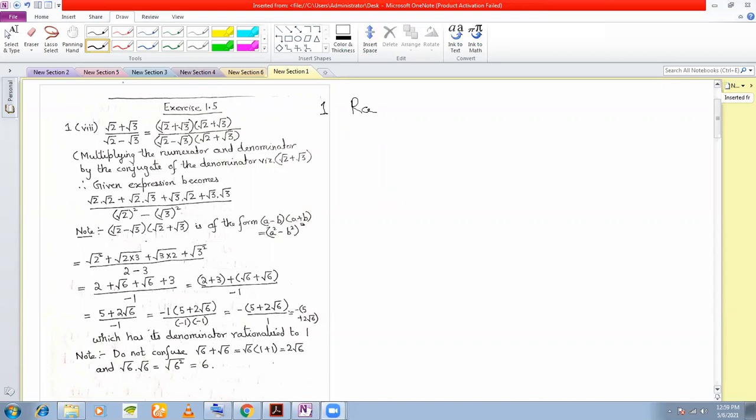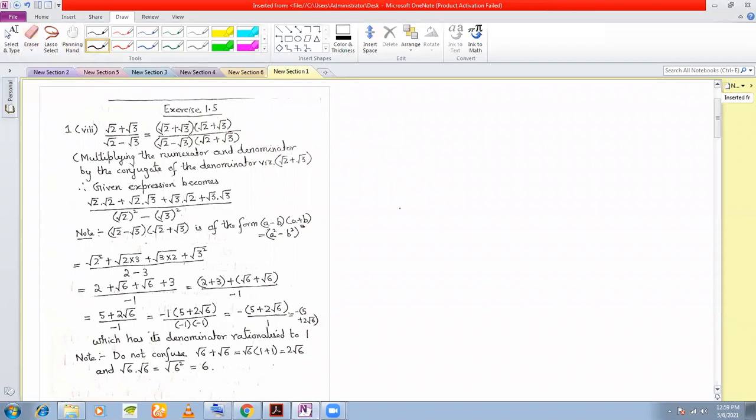Okay. So if it is matching, then I don't need to write the question. Just check it from your textbook. Here the question is to rationalize the denominator of this. So we have root 2 plus root 3 into root 2 minus root 3. Okay, you need to rationalize the denominator of this. So you look at the denominator, and what should be the rationalizing factor? Can anyone tell me the rationalizing factor? Yes, sir. Root 2 plus root 3. Yes.